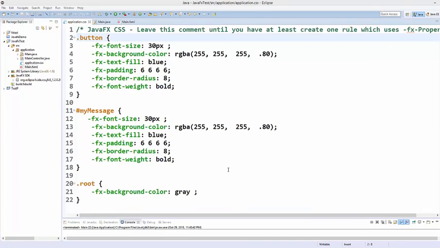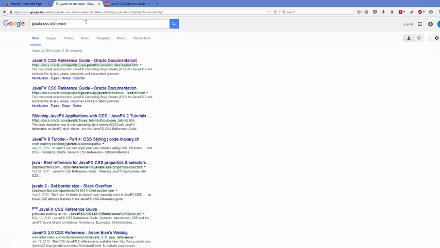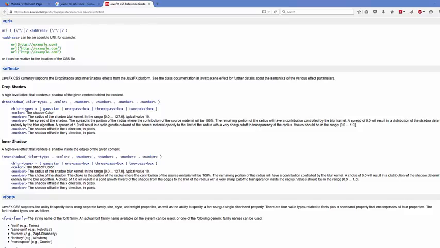Now if you want to learn more about this styling and CSS file for JavaFX, we have a reference. So just open your browser and search for JavaFX CSS reference, and the first link which will appear here will be from allradical.com/javafx, the link to this JavaFX CSS reference guide. So you can open this CSS reference guide, and here is the documentation for the CSS